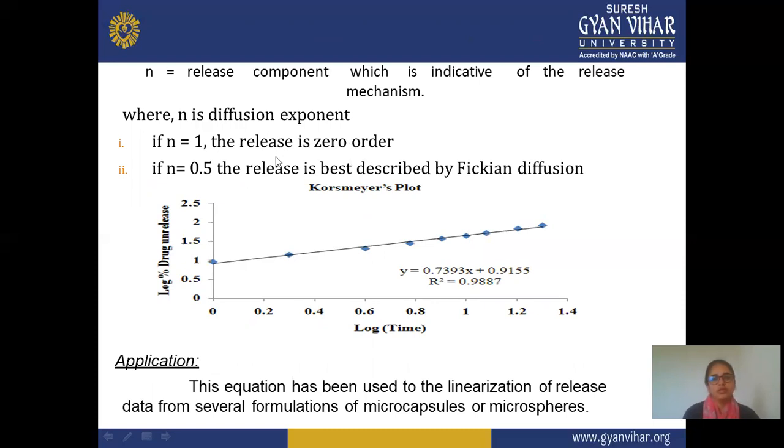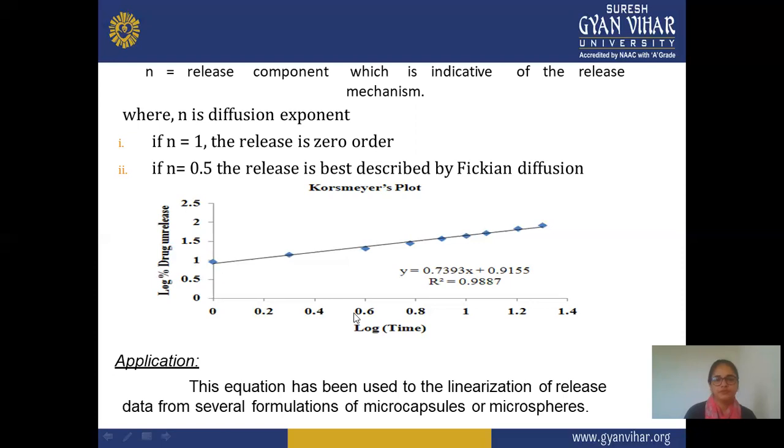Means you can say that if n is equal to 1, then the release is zero order, or followed by zero order, and you can observe this release mechanism by a zero order process. And if n is equal to 0.5, then the release is best described by Fickian diffusion. If you observe that n is 0.5, then you can see that release depends on Fickian diffusion. And this is a graph for this